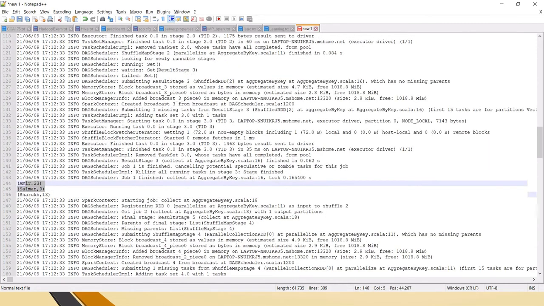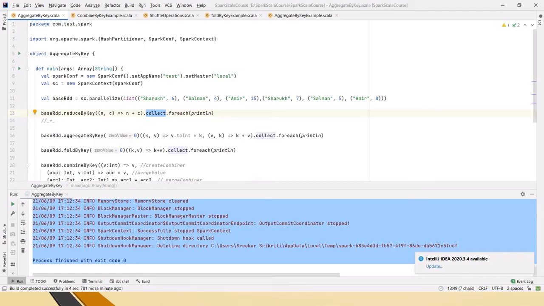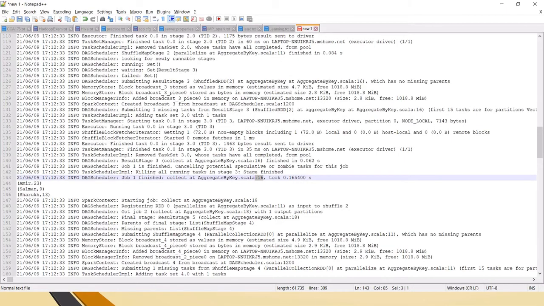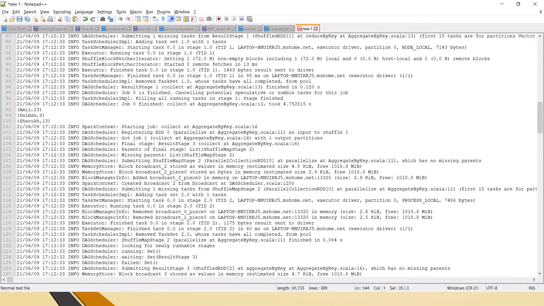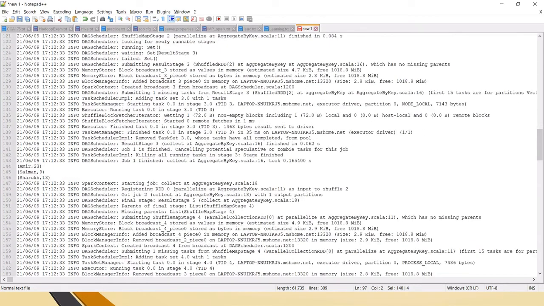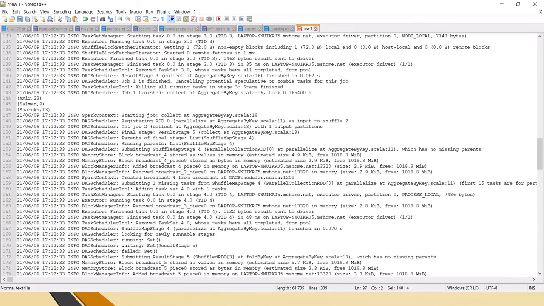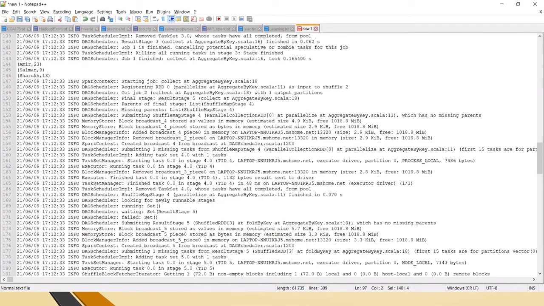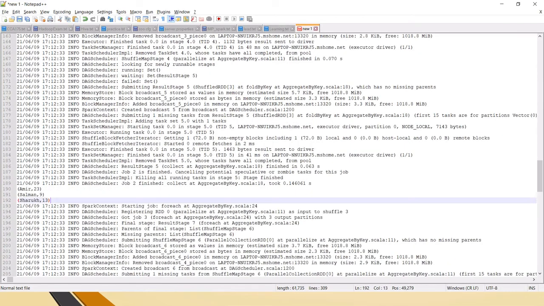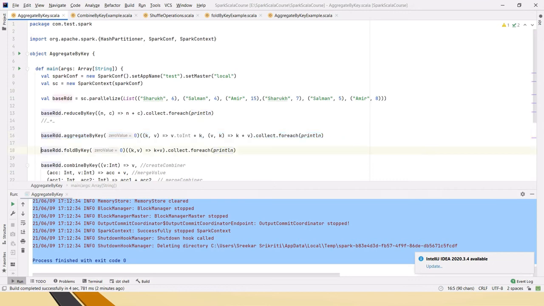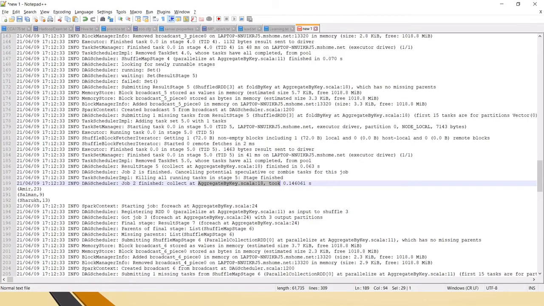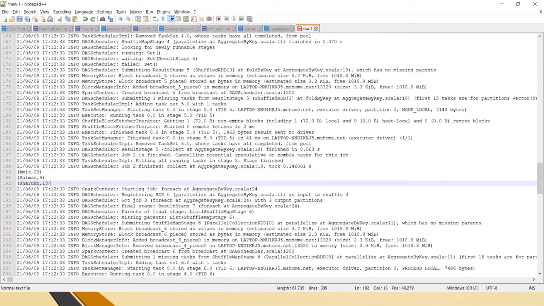Next, another set of results is coming here, which is 16. 16 is aggregateByKey, which has the foreach. Foreach is available in this 16 line. So this is the output of aggregateByKey. Do you see any difference? No, because all these transformations perform the same kind of operation. The main difference comes in the parameters that we are passing and the backend mechanism. And then again the same kind of result from Scala 18, which is foldByKey. You can compare it here. The same result has been produced.